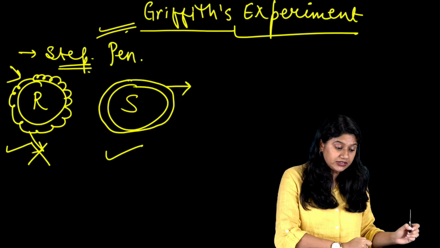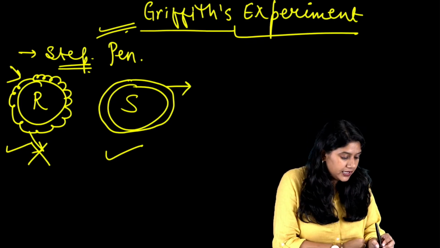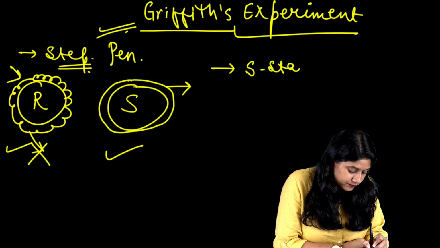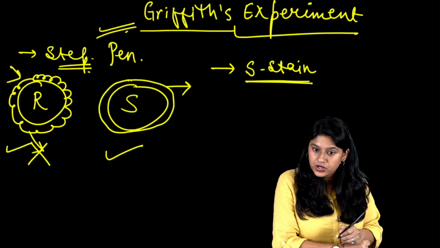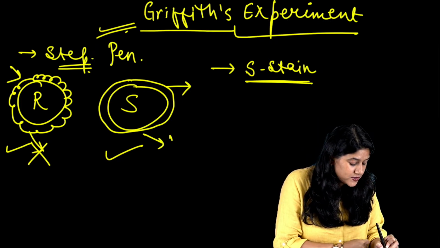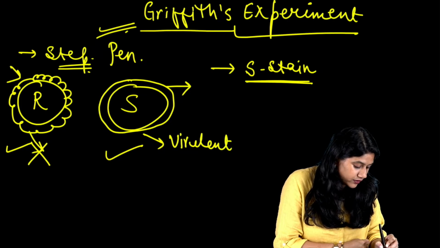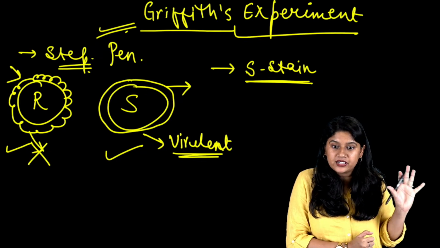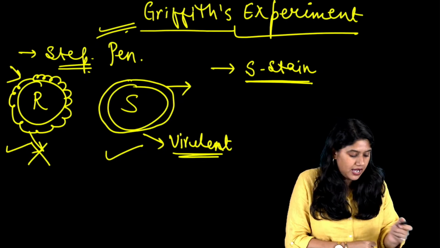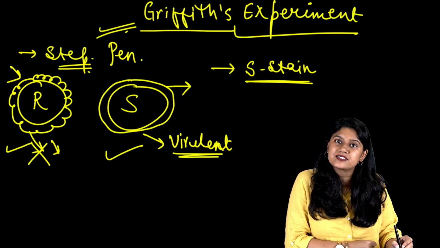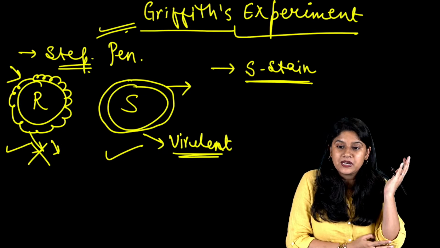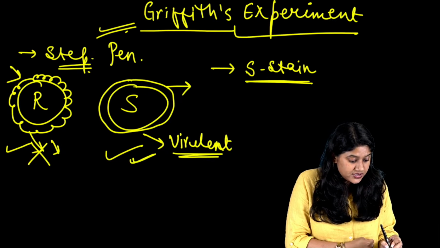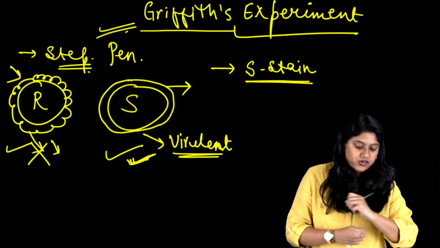So what Griffith did is very, very interesting. He took this S strain, right, everyone? This S strain was virulent. Basically, it was an active one. Yes, it can cause harm. And of course, this one is not very active. Basically, it does not have enough activity that it can cause a disease. So, the one that causes the disease, we call it virulent, right?